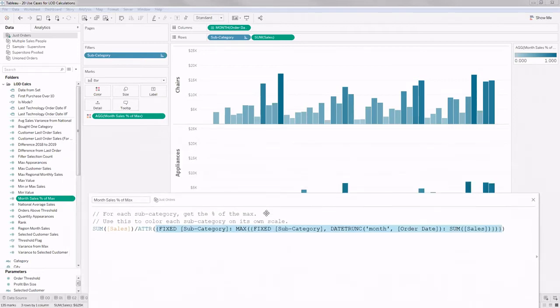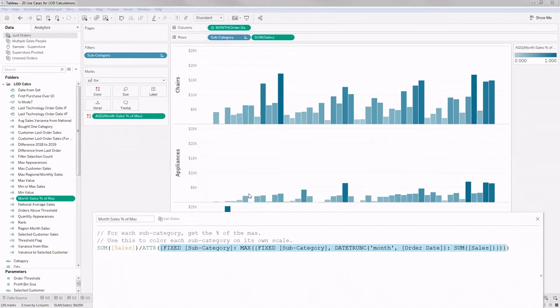Since my visualization is already at the month and subcategory level, my sum of sales will be the value that holds in each of these bars, and I'm dividing that by the maximum value in that pane only. For example, if this bar is the maximum in the appliances subcategory, it's divided by that alone. Here it's divided by the maximum of this alone.